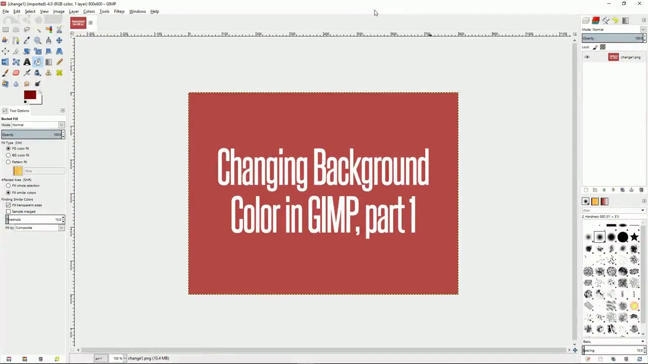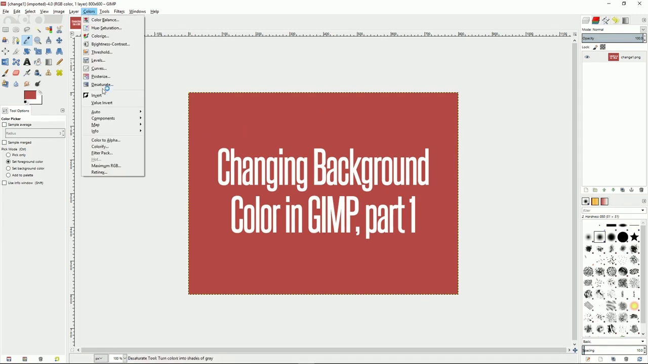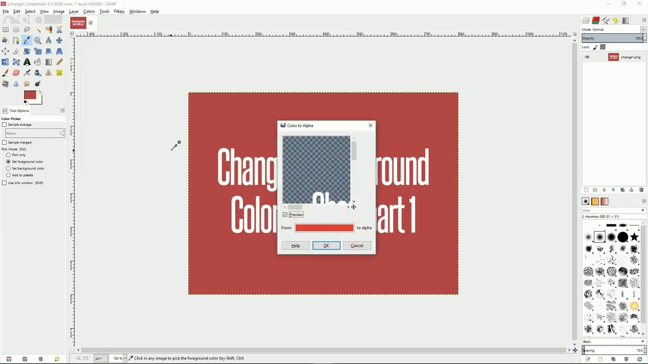This is a very quick tutorial, part 1, about changing background color in GIMP. It's actually a very quick way to do this in GIMP, especially if you have an image that already has a background color you'd like to remove. So the fastest way to change the color in your background is go up to Colors, Color to Alpha, and